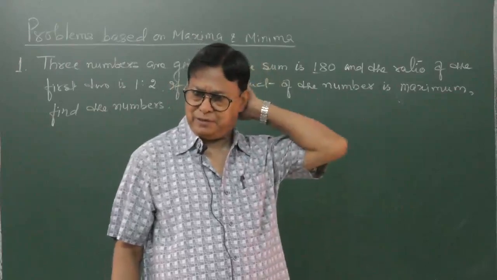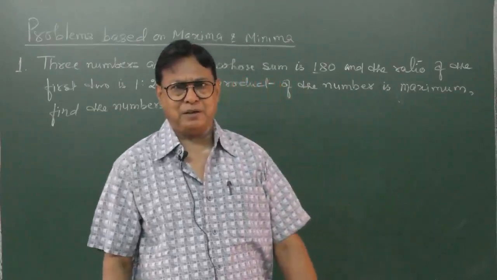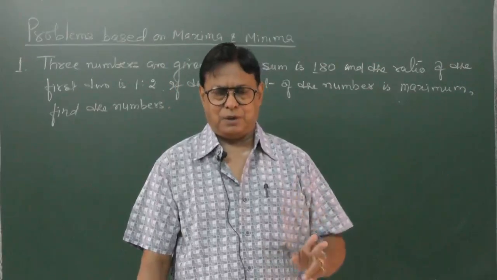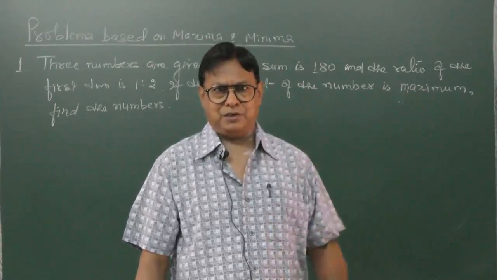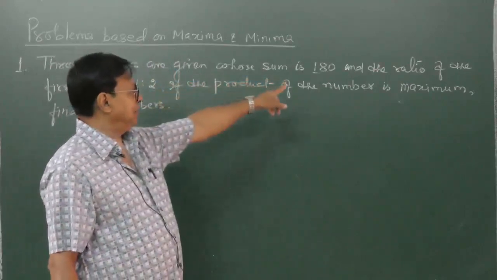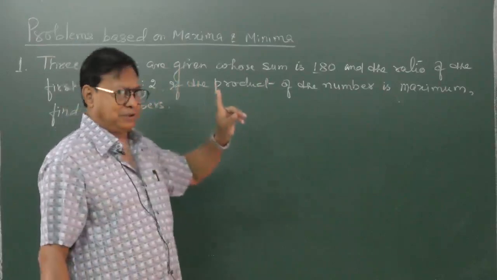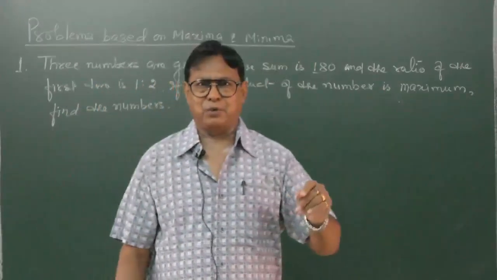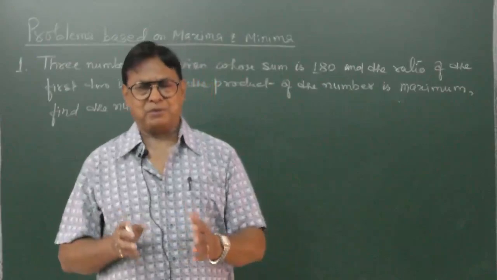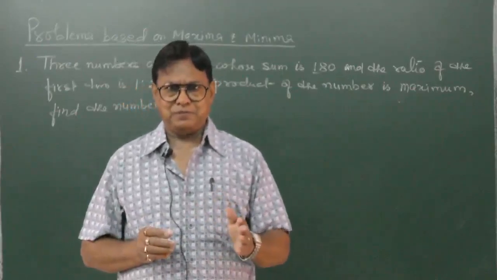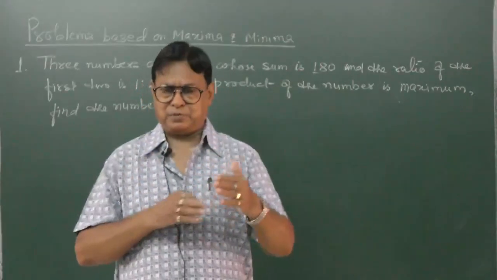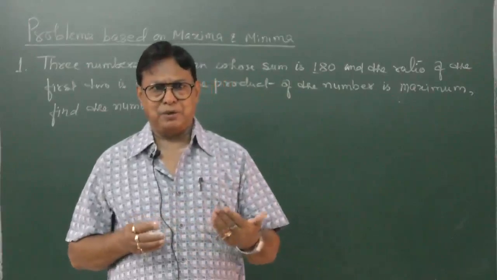Now what we do actually here is, from the statement we make an equation, preferably the equation with two variables. One dependent, one is independent. Like in this sum, it says the numbers are given whose sum is 180. The ratio of the first two is 1:2. So normally what we do, we take x and y. We don't take this x and y because we have to find the product. It says the greatest product or the maximum product. So we take the numbers as x and 2x. So keep one thing in mind, that it is only two variables, so that we can differentiate one with respect to other. One will be independent, other will be dependent, right?